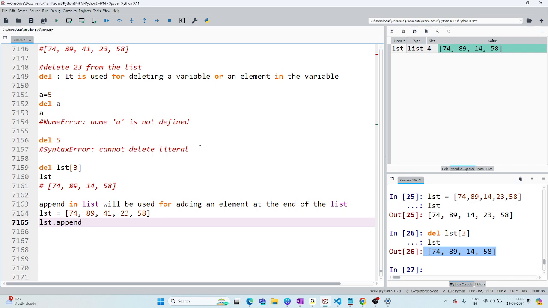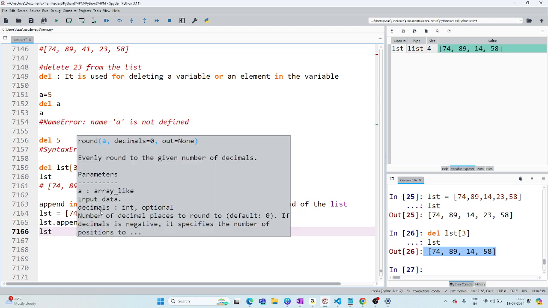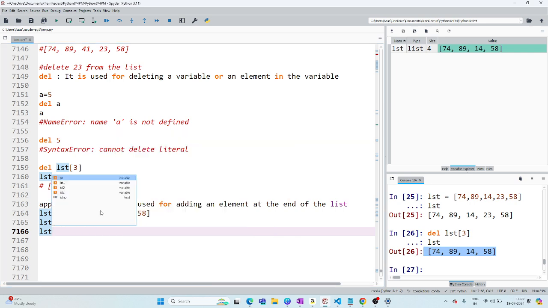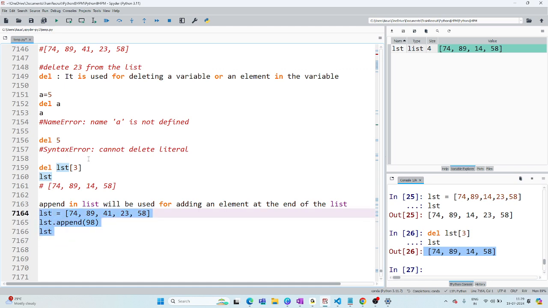Now I will say LST dot append 98. So now you cannot use this append for other things. Let's see once I run this.